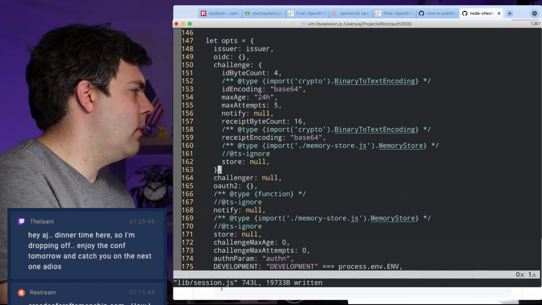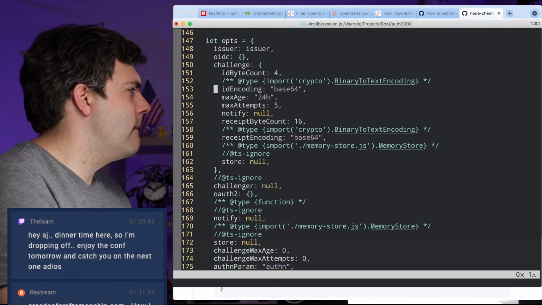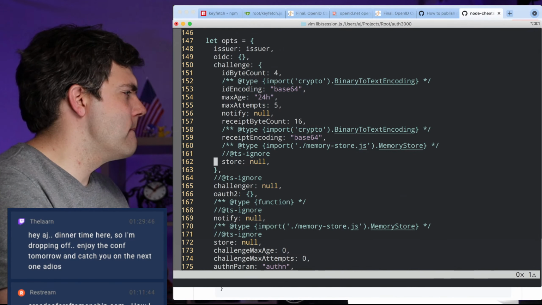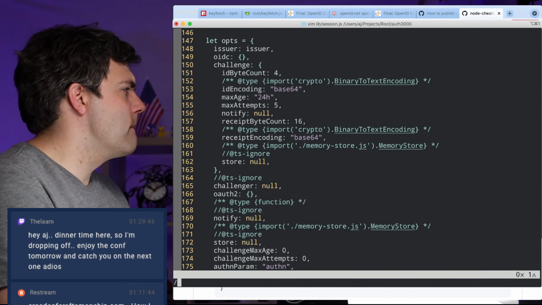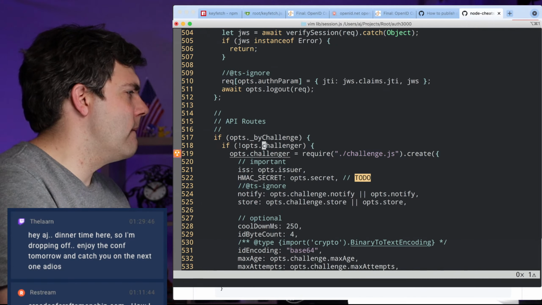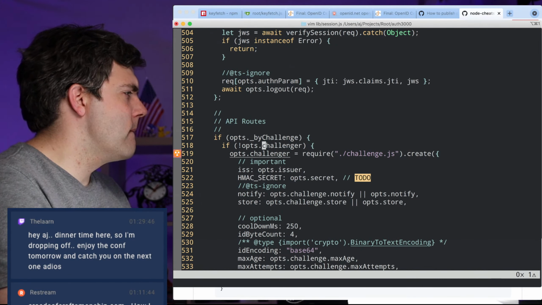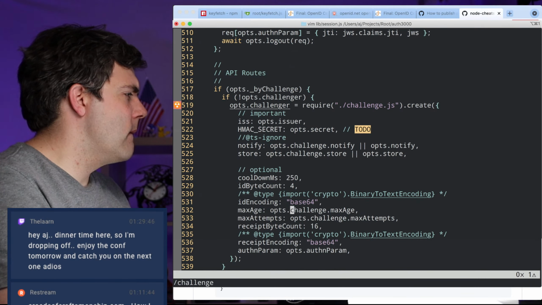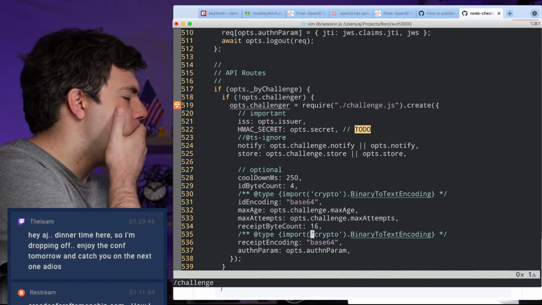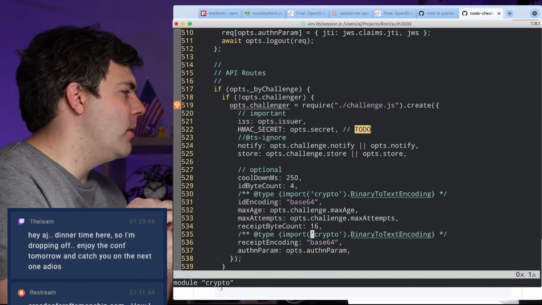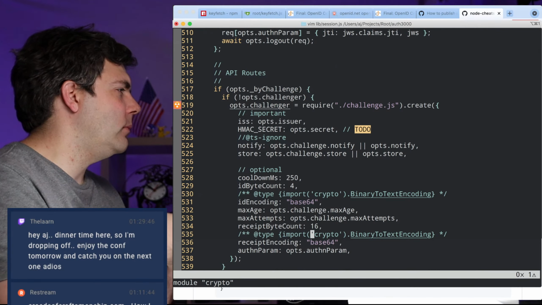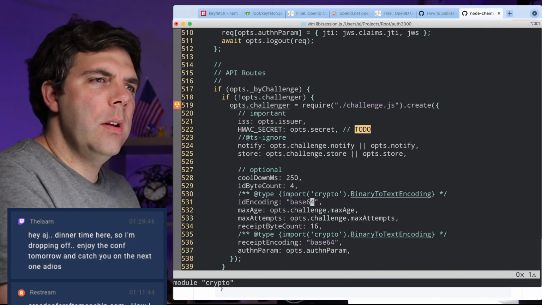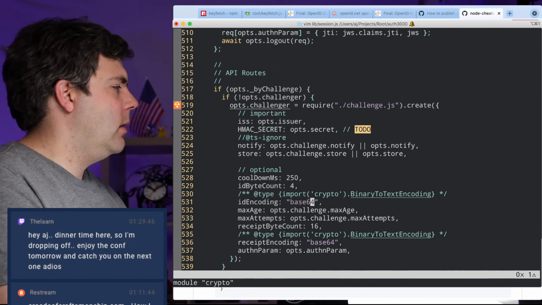Let's see. Okay. Almost need to merge, except that I'd want to only merge things that are not empty.